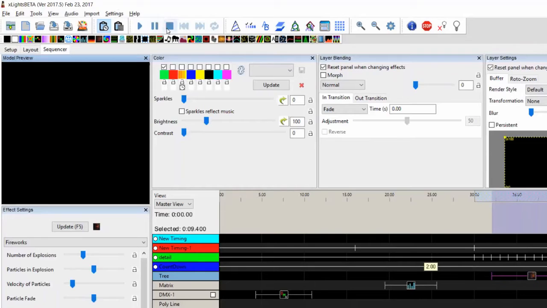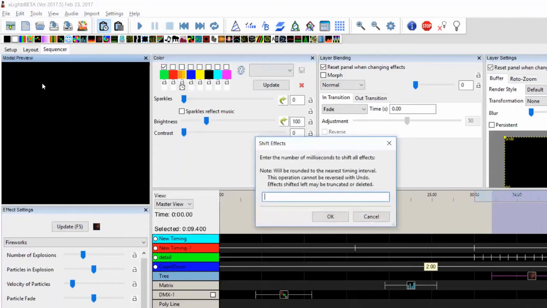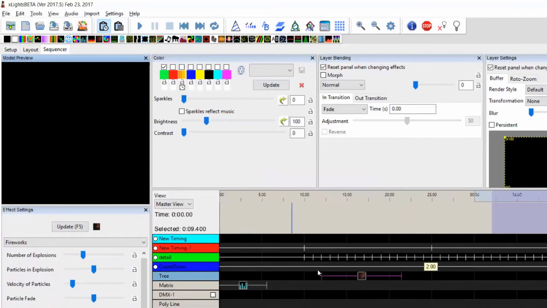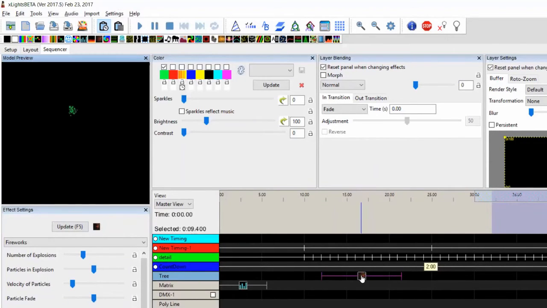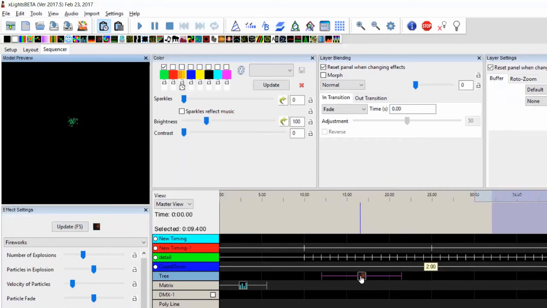Okay. So now as it plays, oh, it would help if that part of the timing track, we need to go up and do shift effects, minus 20, 1, 2, 3. Okay, that's a bit better. Sorry, it was past the end of the sequence. And so now,